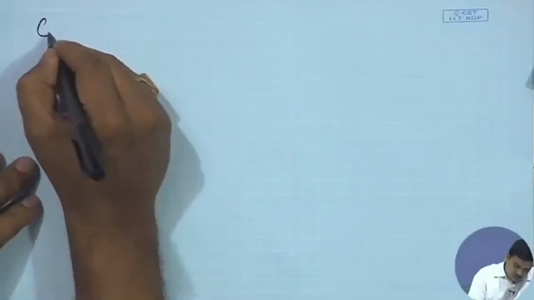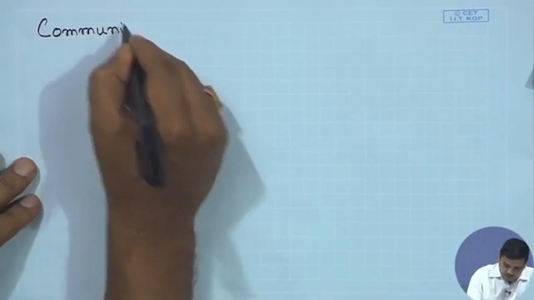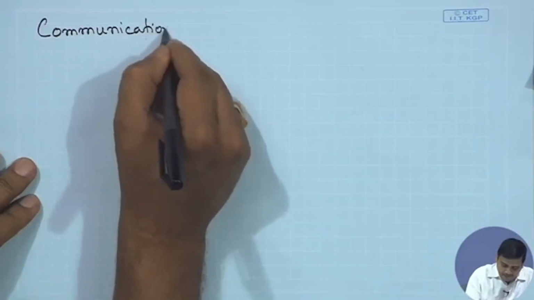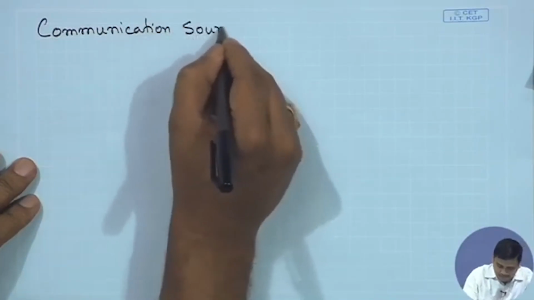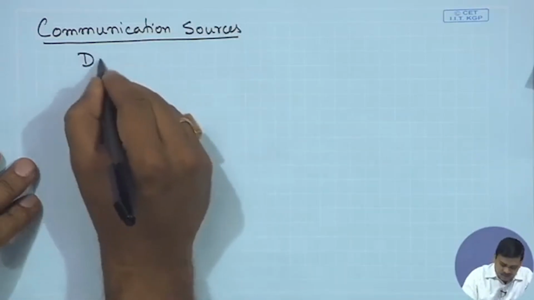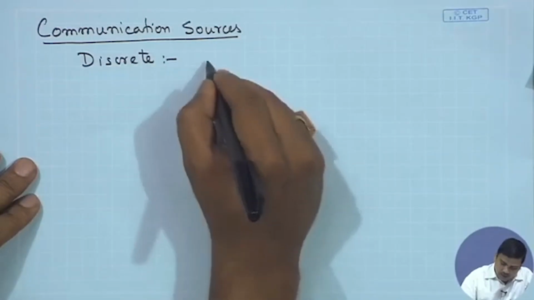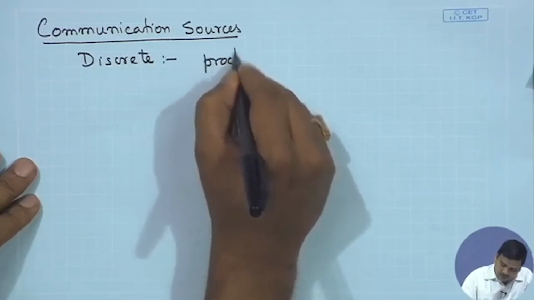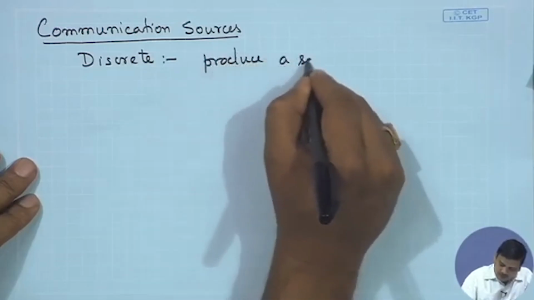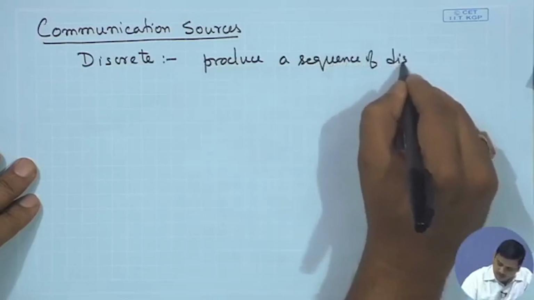So if we talk about the communication sources, they can be discrete in nature, which we all know, and it can produce a sequence of discrete symbols,